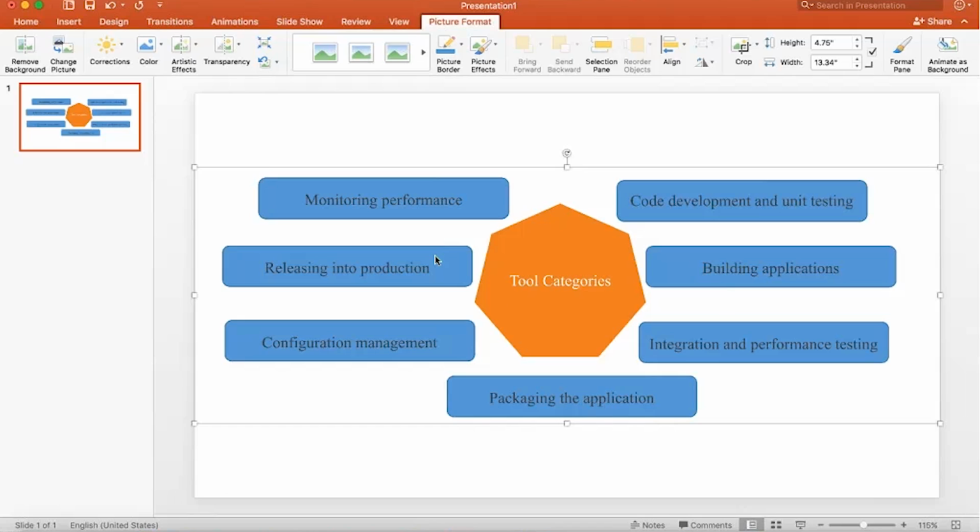Okay. And then Balaji asked, can we get examples of tools for each step? That's exactly why I did it this way, Balaji. So we're going to get into that. Okay. So let's start with monitoring and performance. So when monitoring,